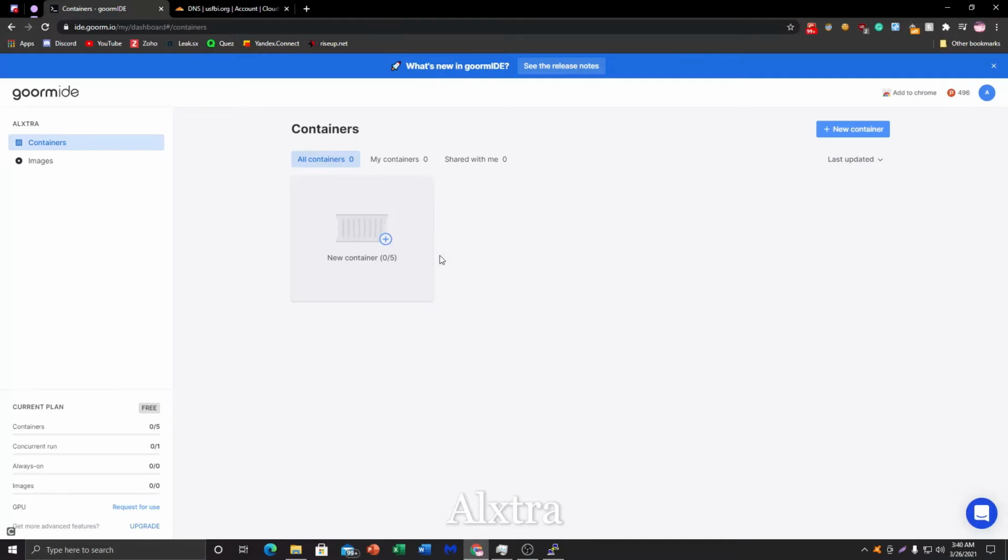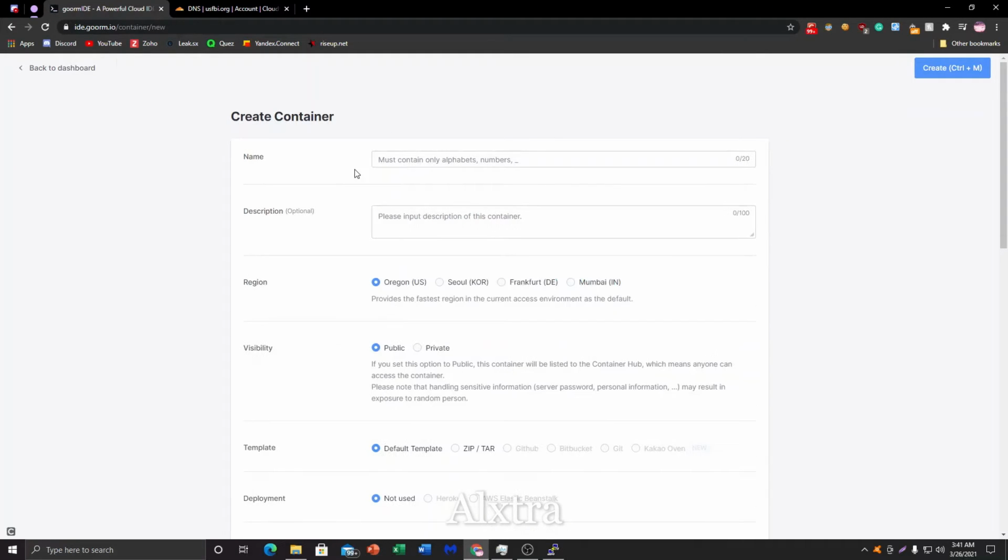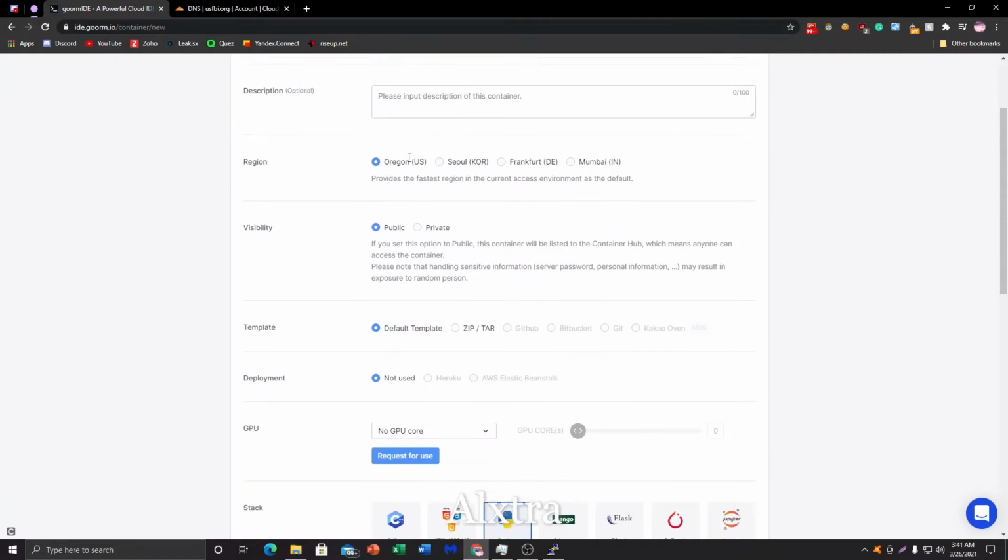The third thing we're going to want to do is get a VPS. I'm just going to be using this free one that I got from Chrome, whatever you want to call it. You create a container here. I'm just going to call this one Twitter,